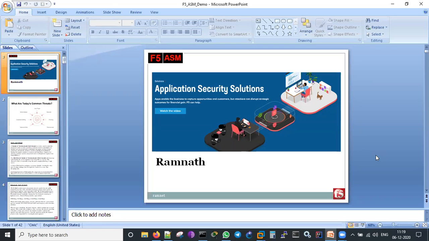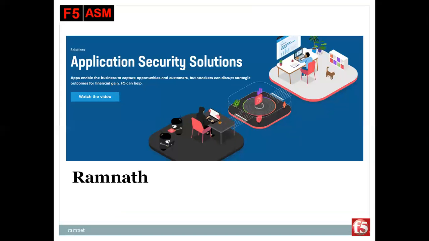So it's very easy, because when you are doing it on ASA or Checkpoint or something like that, they don't do any load balancing as such. But here we have the ASM plus LTM that can be integrated, and ASM with a GTM can be integrated. Means load balancing, global load balancing, as well as security things we can do. So let me go through the slides one by one.